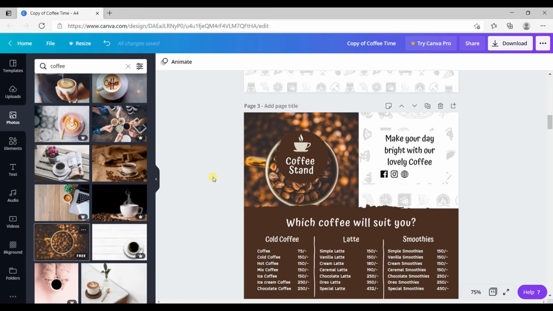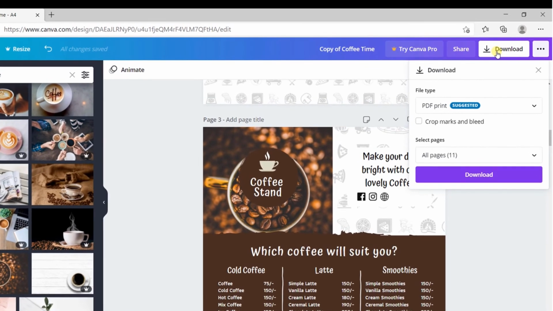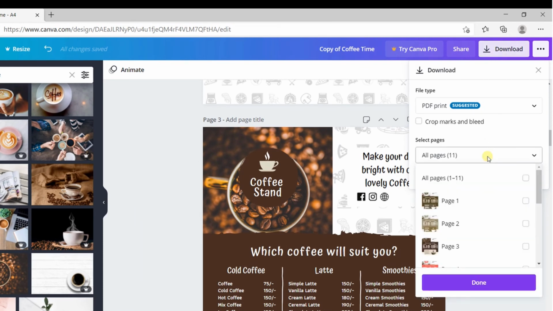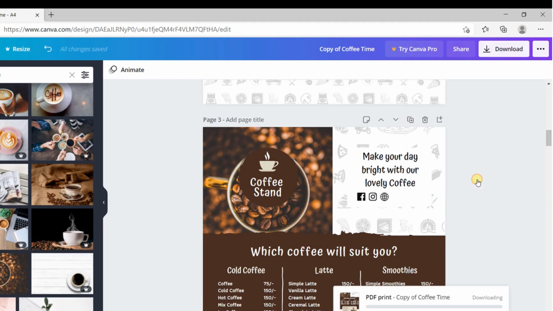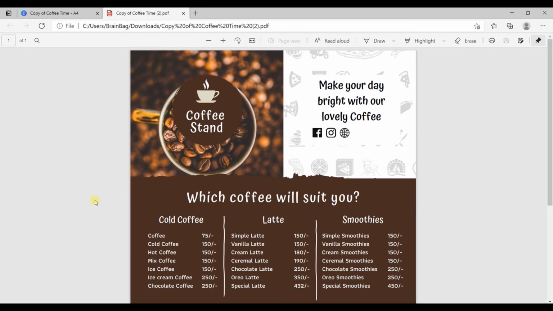Now to save in PDF, click on Download. In file type, select PDF. And here, select the page number on which your menu card is present. So in my case, my menu card is present on the 3rd page. So I will select 3rd here. And click on Done. And then click on Download. Your PDF is ready. Now you can go to the printing shop to print this menu